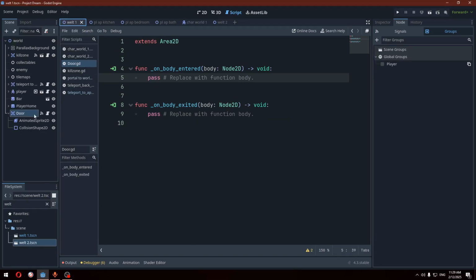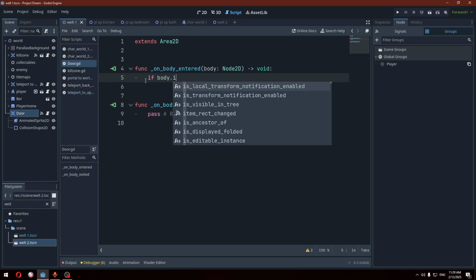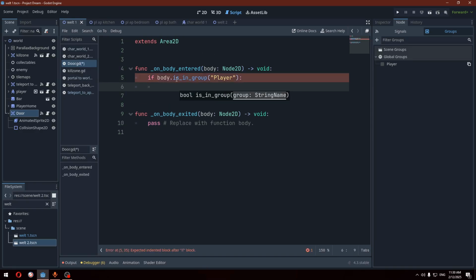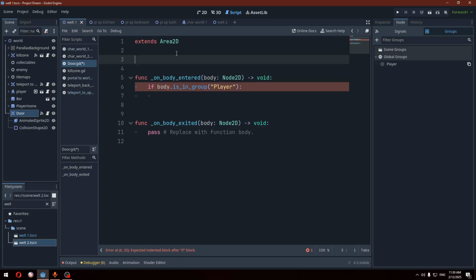Now back to our door scripts. We are going to check whether the body that entered has the group player. So if body dot is in group, and we name the group player. So whenever the player enters the body, we want to make sure that we keep that info so that when they exit, we are not able to teleport to the other scene. So let's add var player is in, and let's set it to boolean or a bool. Player is in, let's set it to true,